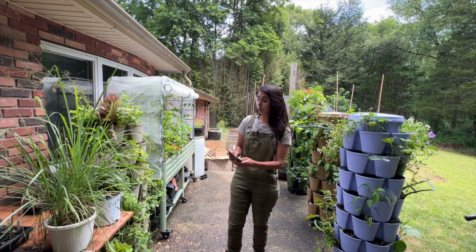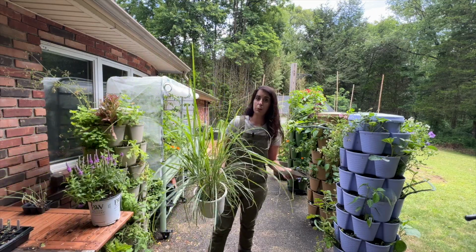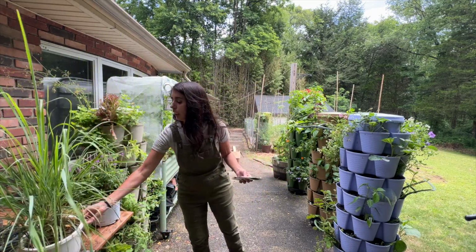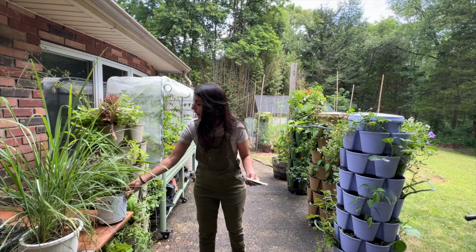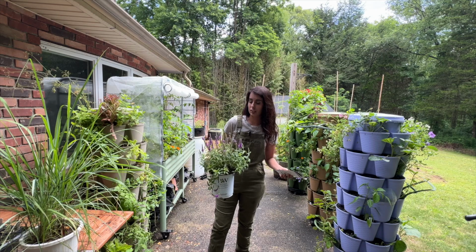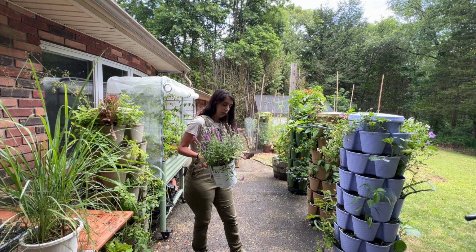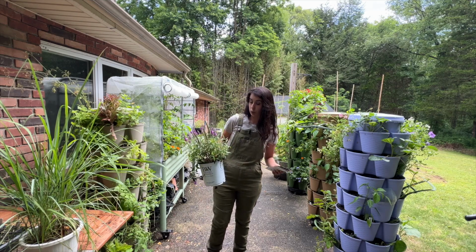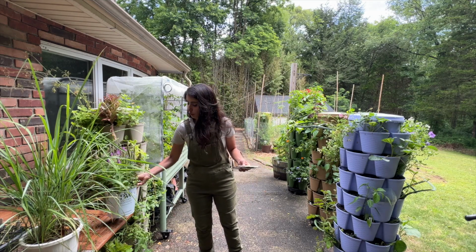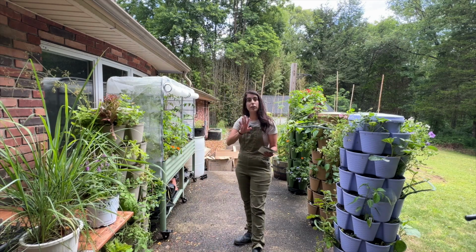I also have to deal with this lemongrass that I bought. I want to separate them and put them in different containers to see if they can grow a little bit bigger. And I bought some veronica for the pollinators too, to see if I can attract more of them for this area back here in the garden. So it came in this little pot. I want to give it some more space to grow too. So lots of projects to work on today,